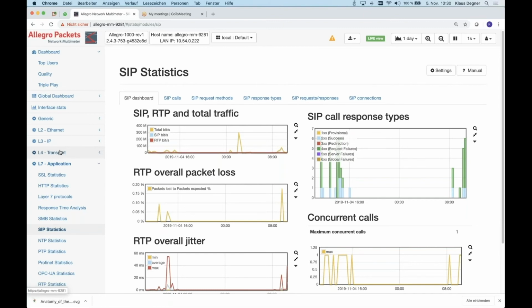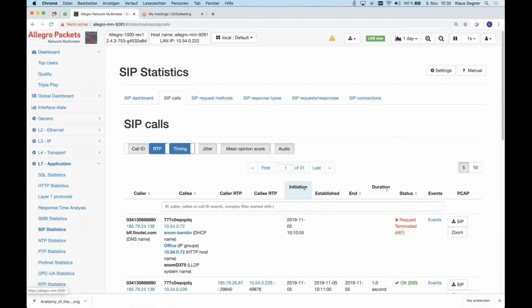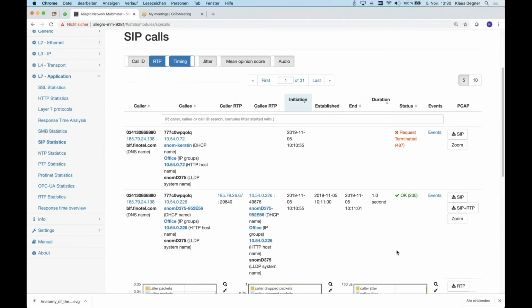And we have a very, very detailed SIP module, which allows you, for example, to see all SIP calls. The principal idea of our SIP call is that even if you have millions of calls per day, and we have customers doing that, we present you all calls and allow you to search for specific criteria here.